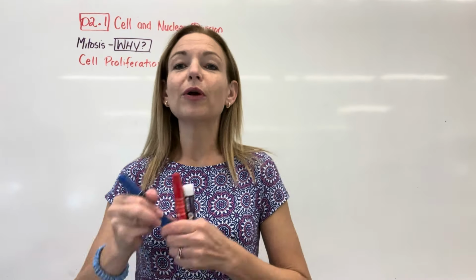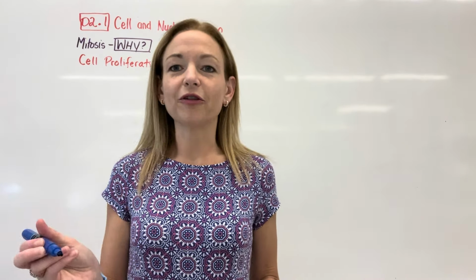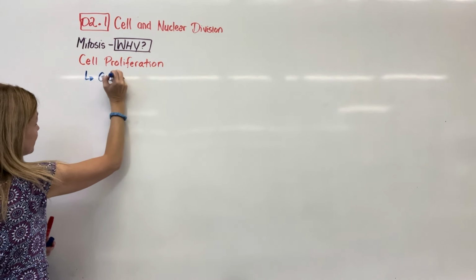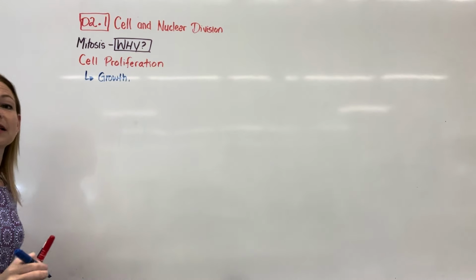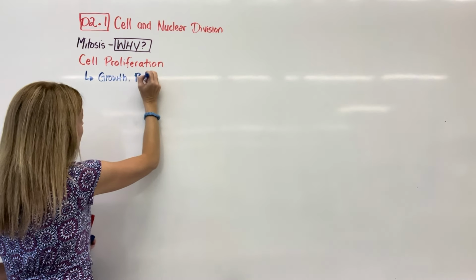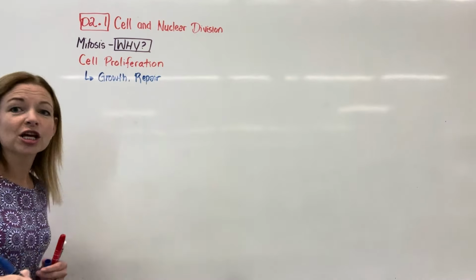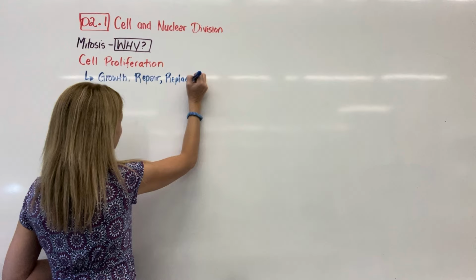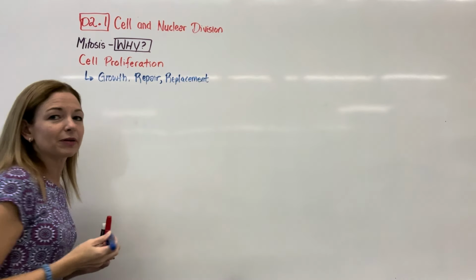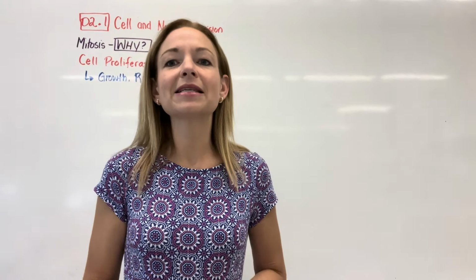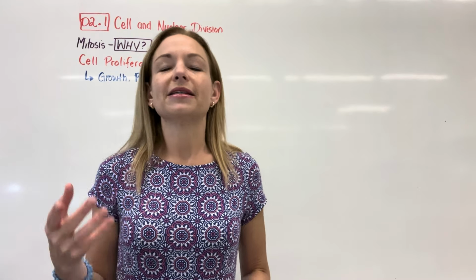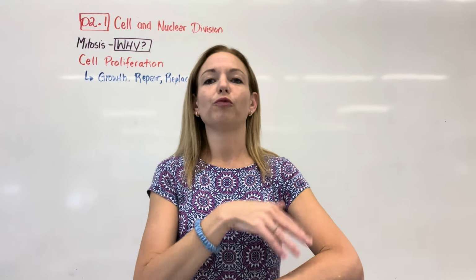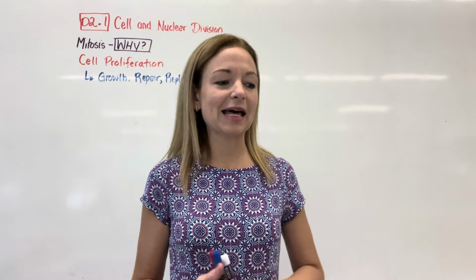And then there's three reasons for cell proliferation. The first one is growth, when an organism is actively growing. The second one is to repair any cells that have experienced damage. And then the third one is replacement. So these are not necessarily related to any damage, but simply a recycling cell process. Skin cells are the best example, where we just replace them periodically. So we go through periods of replenishing, cell proliferating to replace that layer.